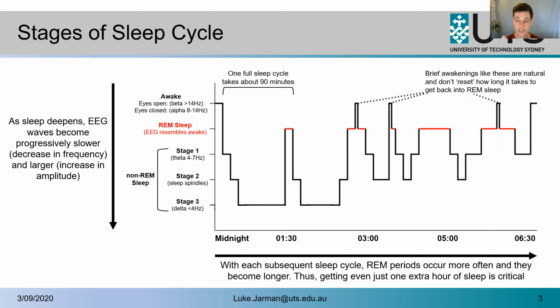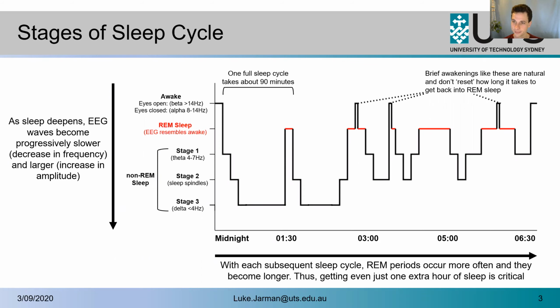And that is why getting 1 extra hour of sleep is really critical. Obviously, if you have to get up at 7 a.m. for work, then you have to get up at 7 a.m. That's when you set your alarm. But going to bed even just an extra hour earlier means that your last hour of sleep is going to be really rich with REM sleep. If you look at the first 2 hours of sleep, there's like 10 minutes of REM. It's not the best sleep, but if you look at the last hour, it's going to be 75% or more REM sleep. And that's what we consider your best sleep, your most regenerative sleep.